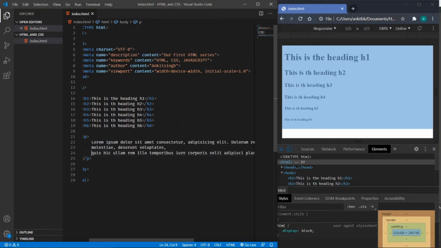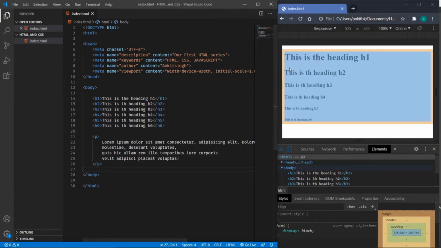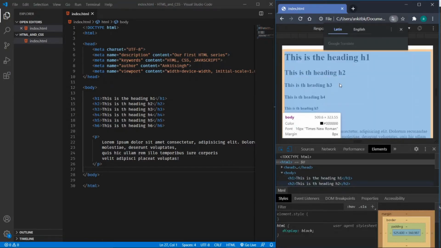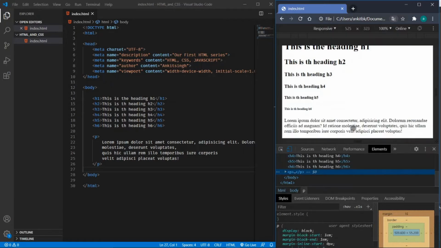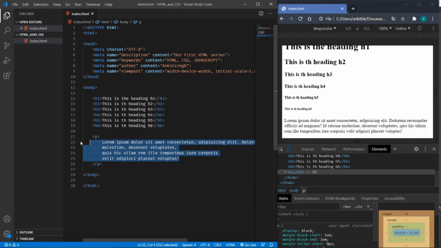As you can see here, the paragraph has been written. By the way, just to clear it out, this paragraph consists of a sample statement taken from the lorem ipsum website. So this is the way we represent the paragraph with the p tag.